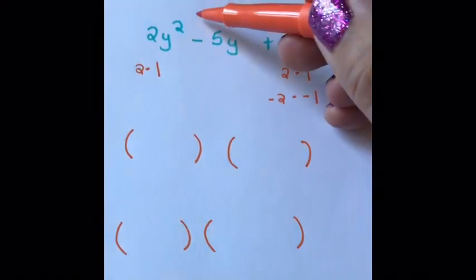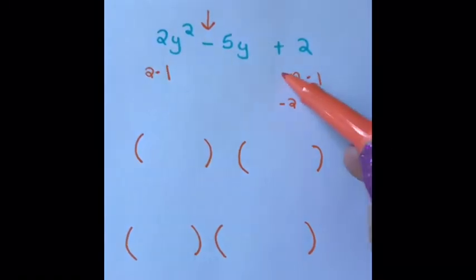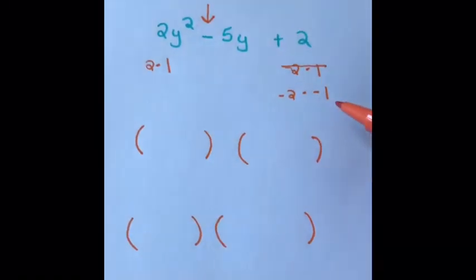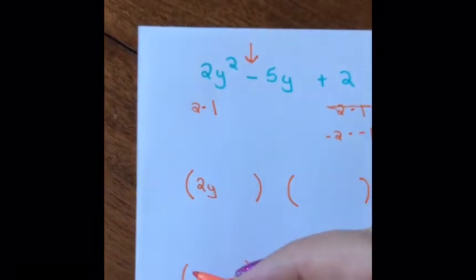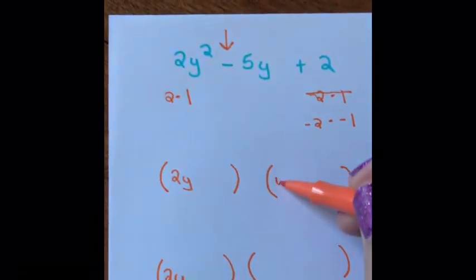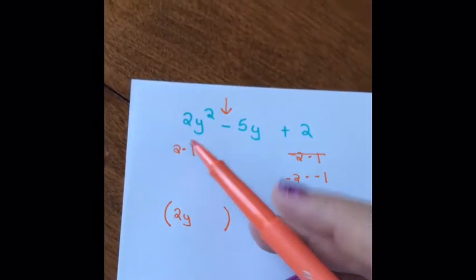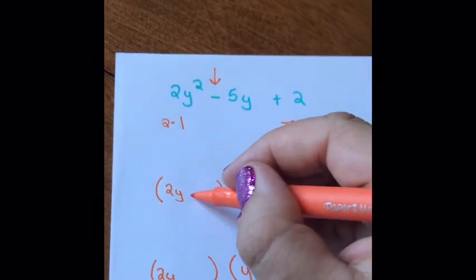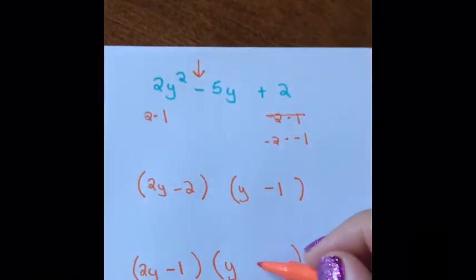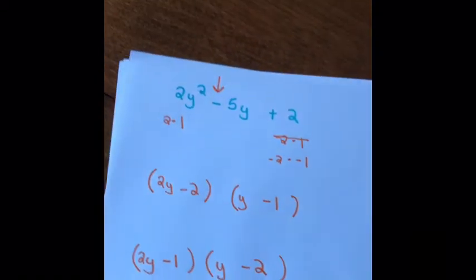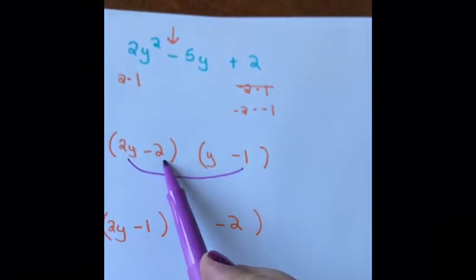However, now that I have a negative here, it actually is going to be -2 and -1. So we just have to test 2y, 2y, 1y, 1y. So that comes from the 2 and the 1. And then the other combinations, is it going to be -2, -1, or -1, -2? Which one, when you multiply outside and inside,